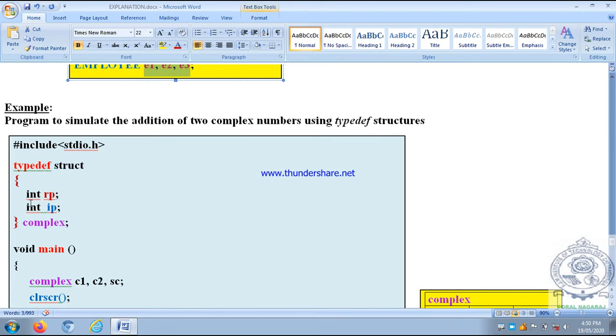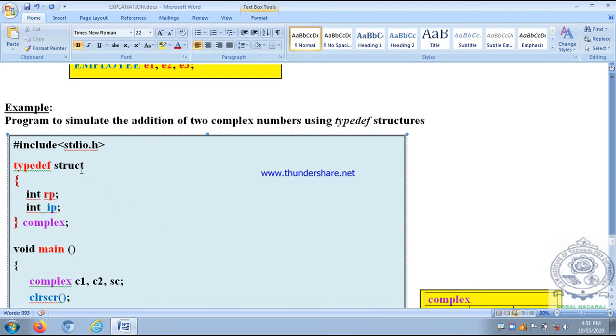Within a pair of curly braces we have two data members, members of the structure: int rp; int ip, meaning real part and imaginary part, because we are adding two complex numbers which are in the form of a plus ib or x plus iy. They are called complex numbers, which have a real part and an imaginary part.